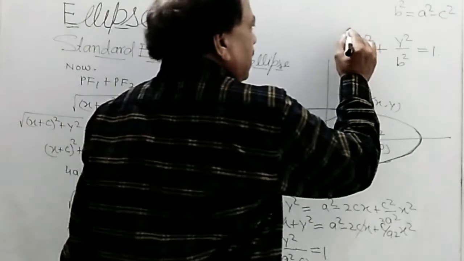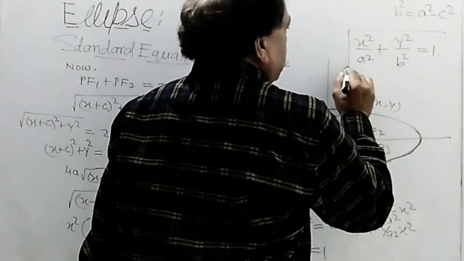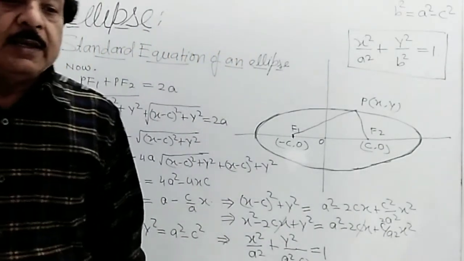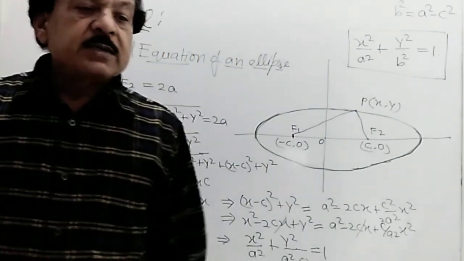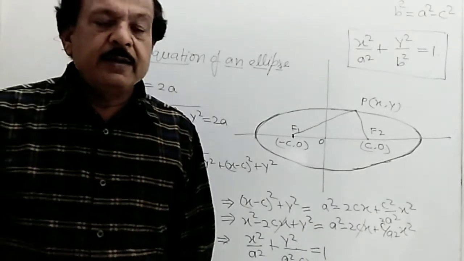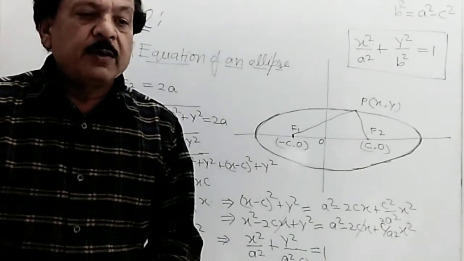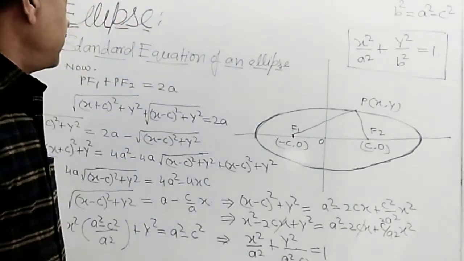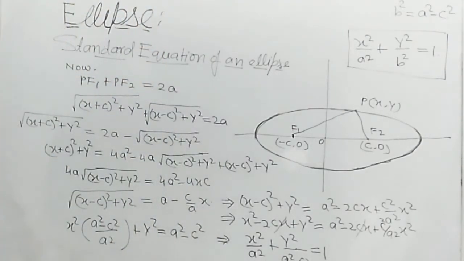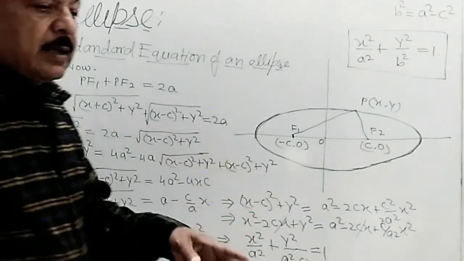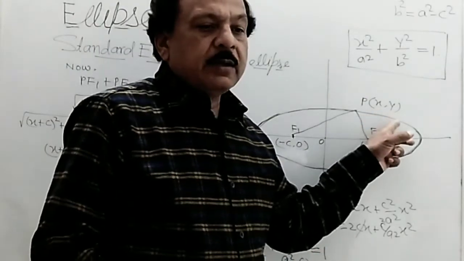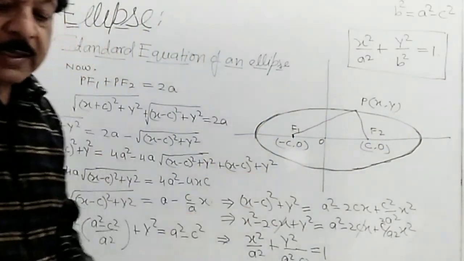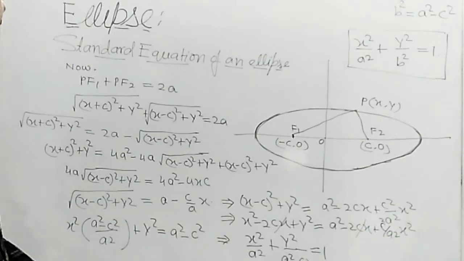So now we get the equation of ellipse in standard form. तो ये equation of ellipse standard form हो गया, ठीक। तो this is the standard form of the equation of the ellipse. इसमें एक कंडीशन है, इसमें अगर p x y lie on the ellipse, so now if what happen, p x y lie on the ellipse, so we have what,